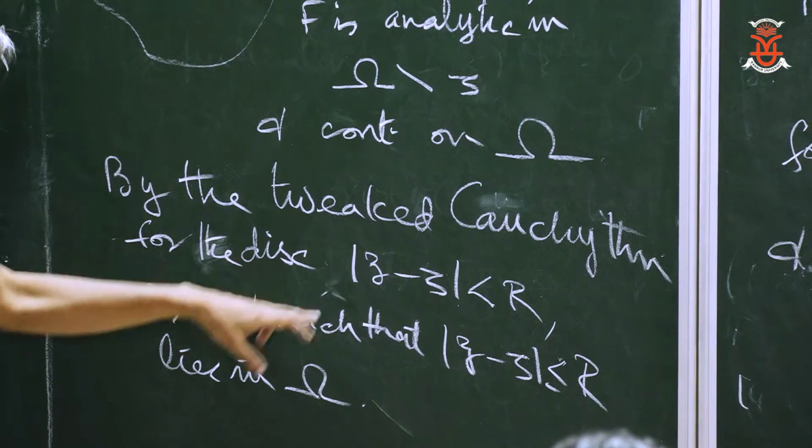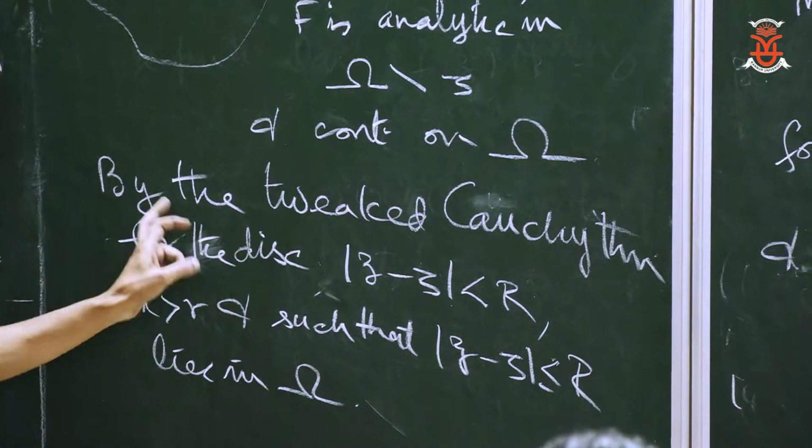So you denote this disk by something, and then by the tweaked Cauchy theorem for that disk, you have